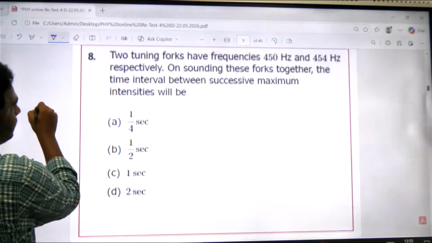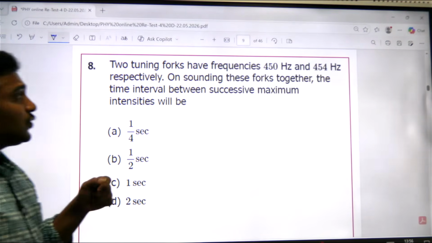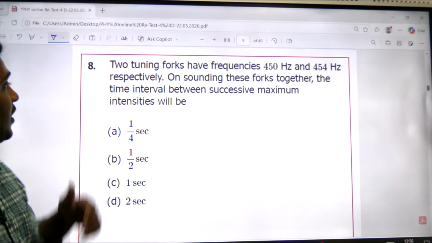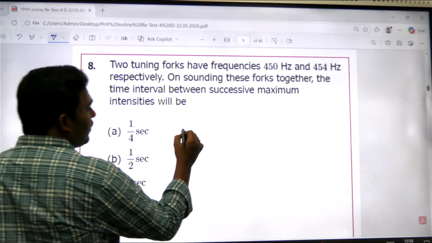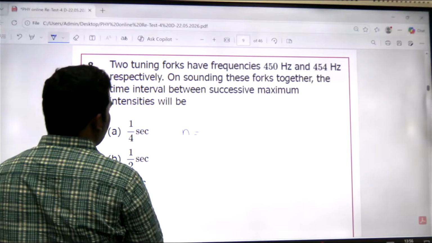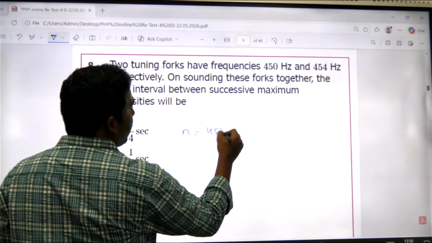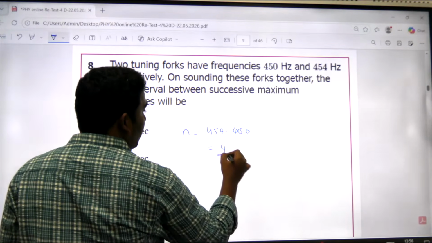Question number 8. Two tuning forks have frequencies 450 hertz and 454 hertz respectively. On sounding these forks together, the time interval between the successive maximum intensities are. So it's a topic from beats. What is the beat frequency? The number of beats would be 454 minus 450. So can I simply say the number of beats is 4 beats